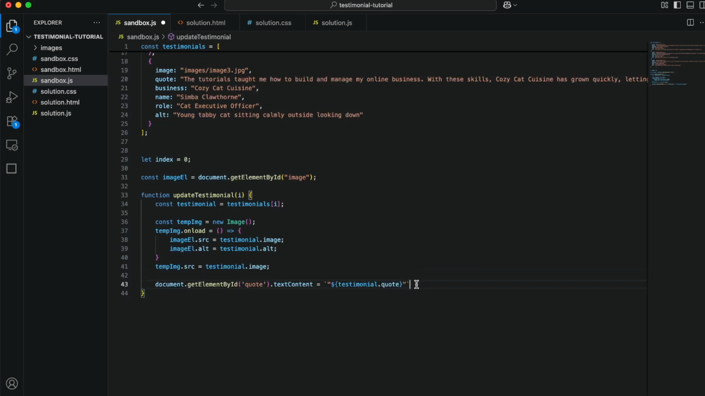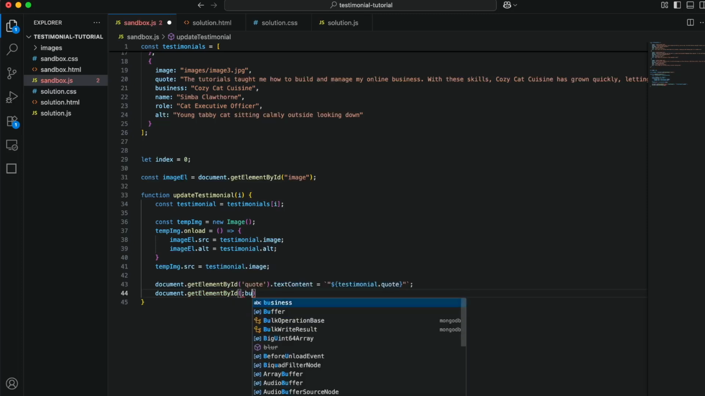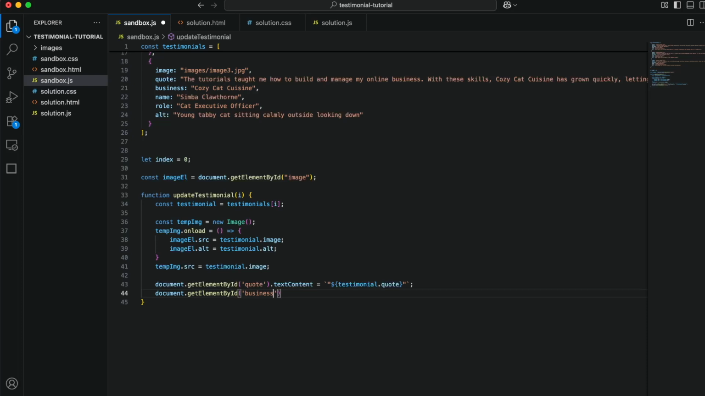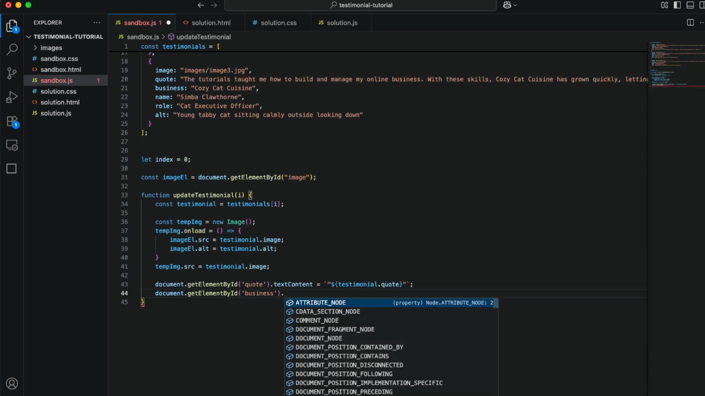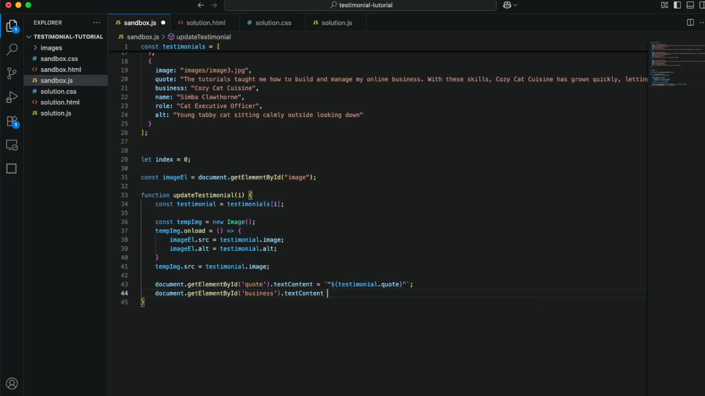And so we're going to set the quote. And for textContent, every element node in the browser, the document object model, has a textContent property that holds the text inside of it. And so we're setting that once we capture it with getElementById. And so next we can go to document.getElementById, and we're going to say business. So we're just going down the list here, just capturing each thing. business.textContent equals testimonial.business,